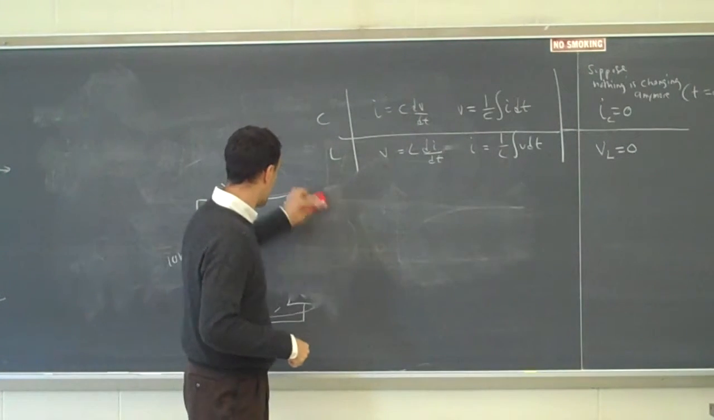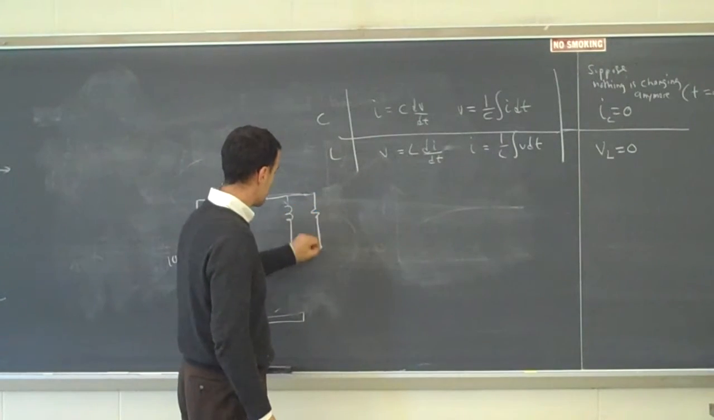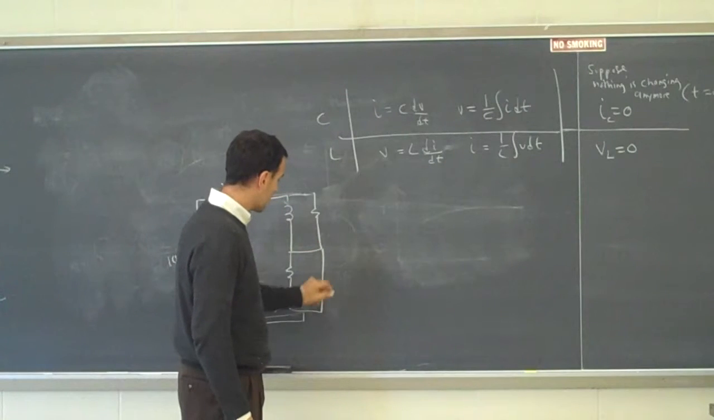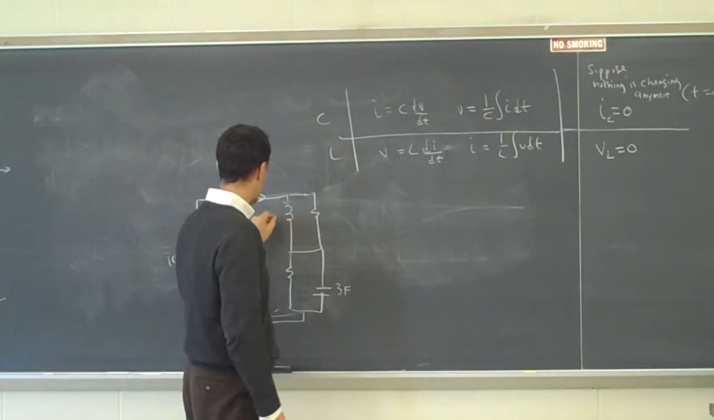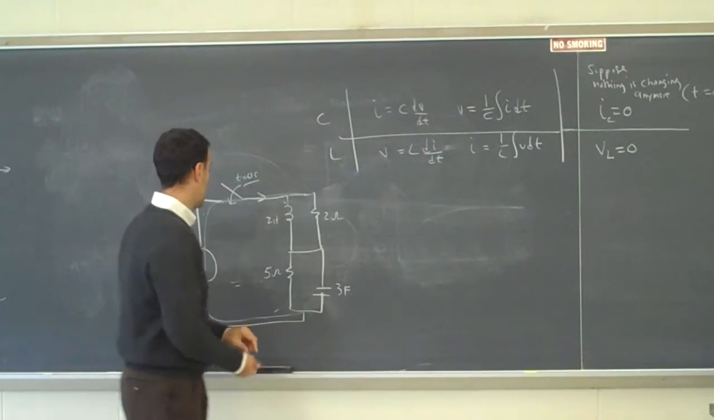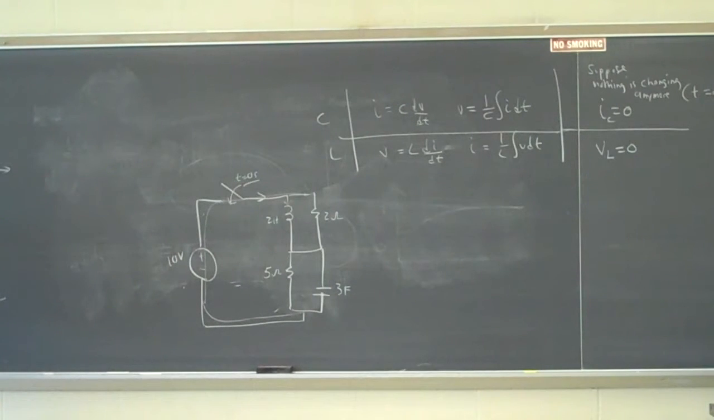Let me clean up my picture here just for a moment. So I'm going to put the same picture down. Okay, this was 3 farads, 2 henries, 2 ohms, and 5 ohms. Now I'm interested in what everything's going to be after a very long amount of time. After a very long amount of time,